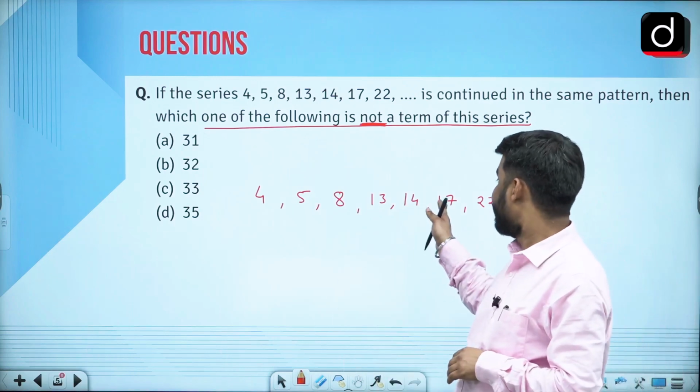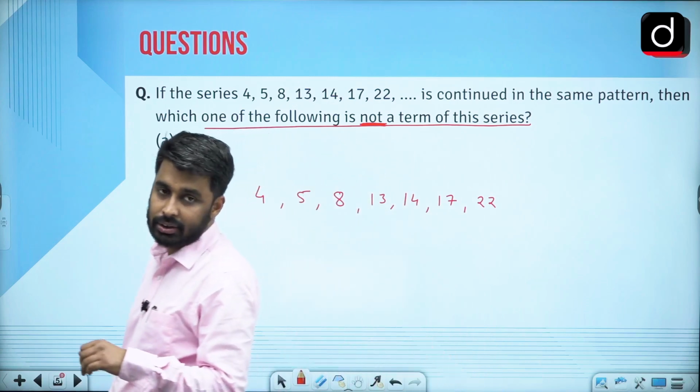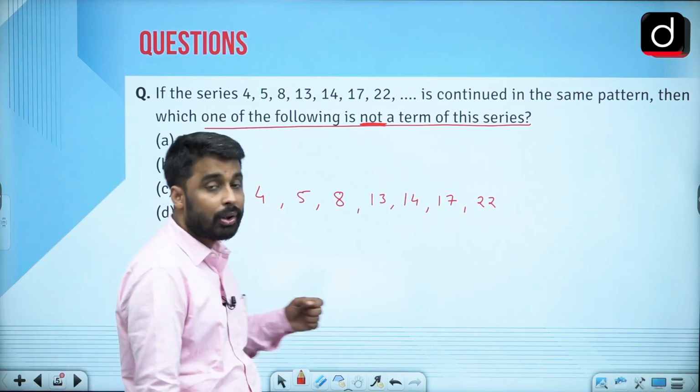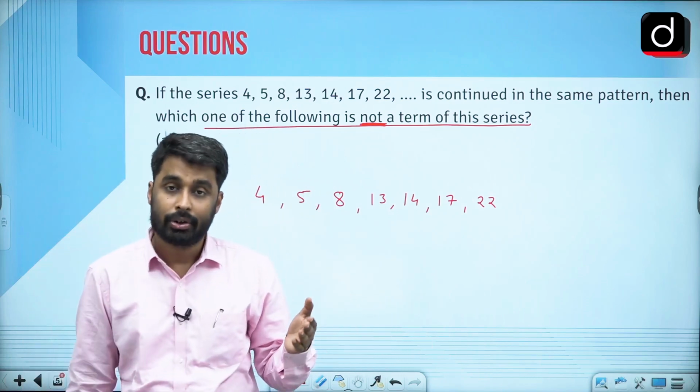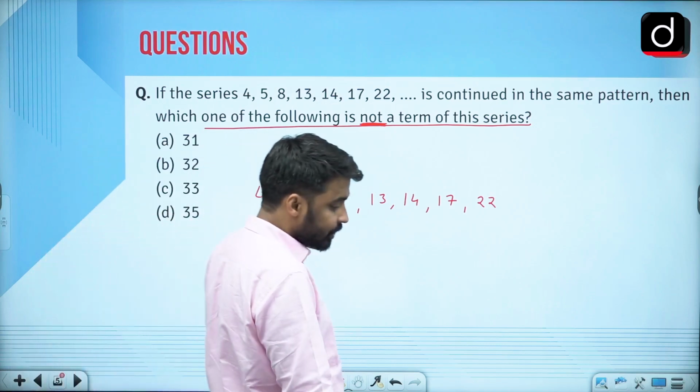Similarly, 17 is not a multiple of 14. So this is not a geometric series, right? Arithmetico, geometrico, we are not sure about that. So first we are going to check whether this series is arithmetic or not. But this series can be arithmetic. And when the series is of arithmetic nature,